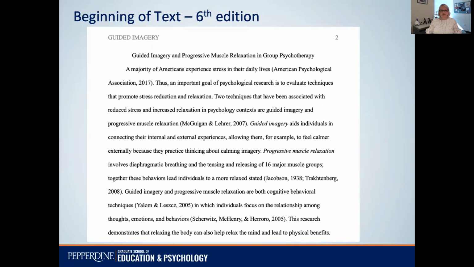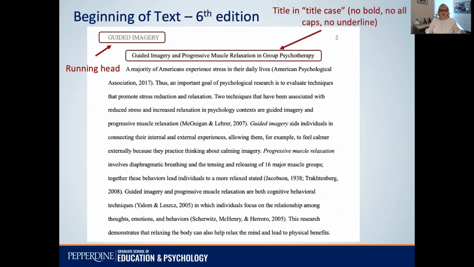Now, I use the same text to show you the difference with the 6th edition. So you can see here's the running head now on the pages 2 and following is only the title in all caps, no words running head. You still have your page number, and your title you'll see looks different. It's not in bold, it's regular title case in regular font. Then you can see here